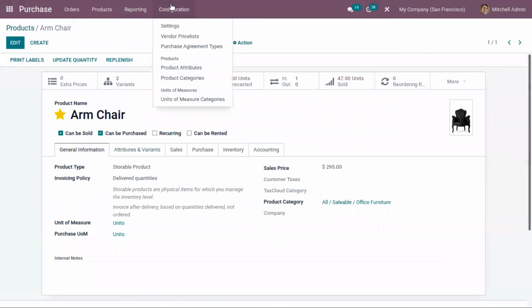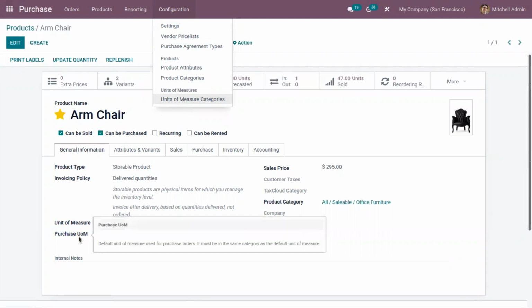Then here we can manage units of measure and their categories. So after creating units of measure, you can set one as the default unit of measure for purchase from the product form.